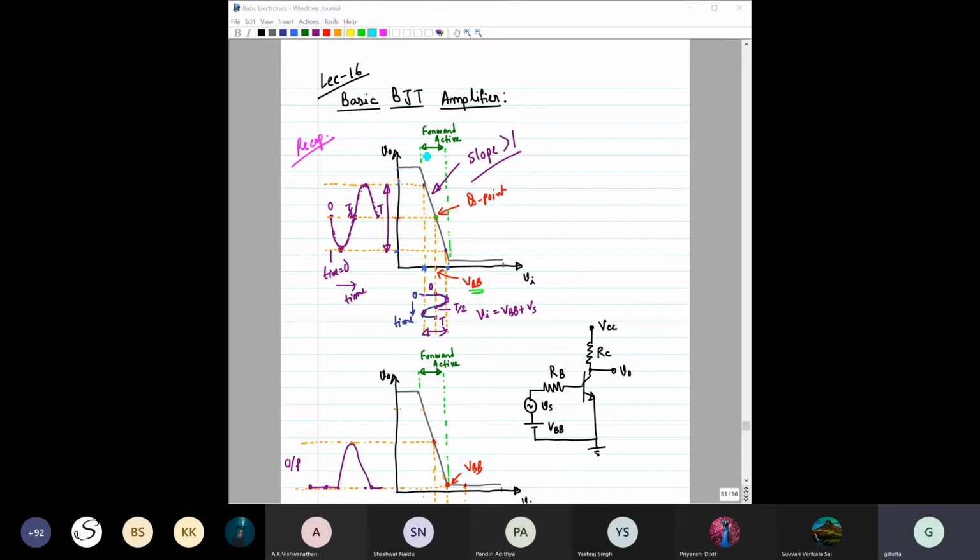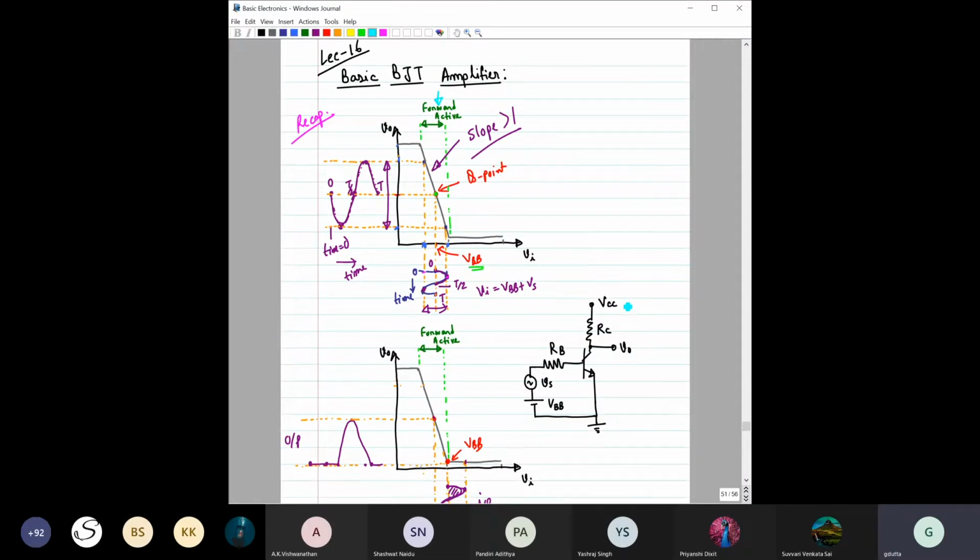If it is like this, then we also know that only in this region, the forward active region, can the transistor act as an amplifier, because here you can see that the slope of output versus input is greater than 1. That means if you make a small change in the input, the change in the output will be higher. And we have seen that if we fix the Q point from here and then change the input,